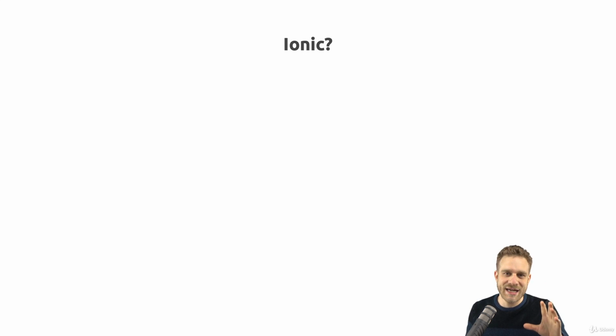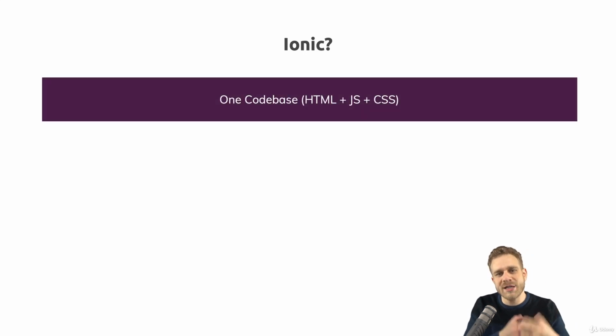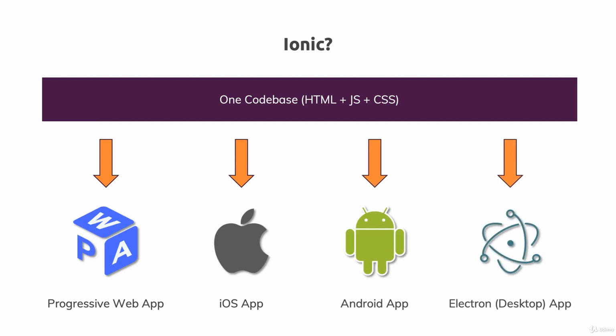Ionic in the end is all about having one code base, which is the code base for a web app and therefore uses HTML, JavaScript, and CSS. So what you would use to build normal user interfaces in the web. And you use these tools and these techniques and these languages which you already know and take some magic, to which I will come back in the next few seconds, added by Ionic to generate web apps, progressive web apps, and I'll come back to what this is in a second too, iOS and Android apps,